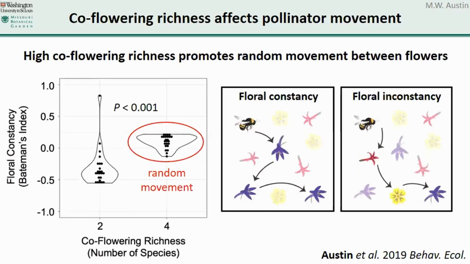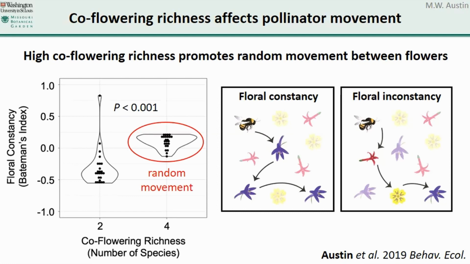However, one study from my PhD in particular led me to the questions that I've been using herbaria to answer in my postdoc today. And this is a study looking at the effect of co-flowering richness on patterns of pollinator movement between flowers. Pollinator movement can broadly be subdivided into either floral constancy, where a pollinator makes repeated consecutive visits to flowers of the same species, and thus is likely to transfer pollen intraspecifically. And floral constancy contrasts with floral inconstancy, where a pollinator makes repeated consecutive visits to flowers of different species, thus